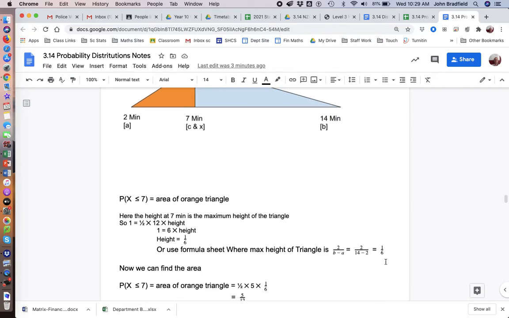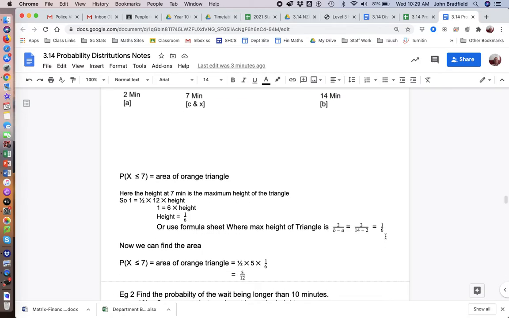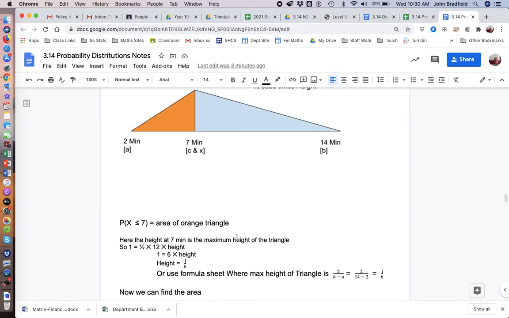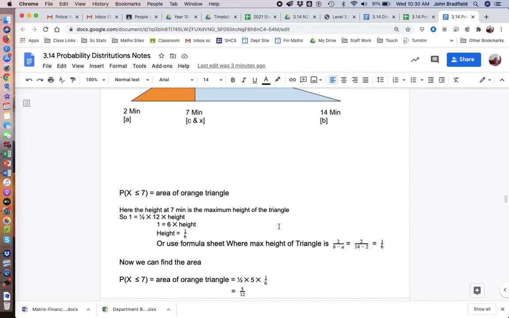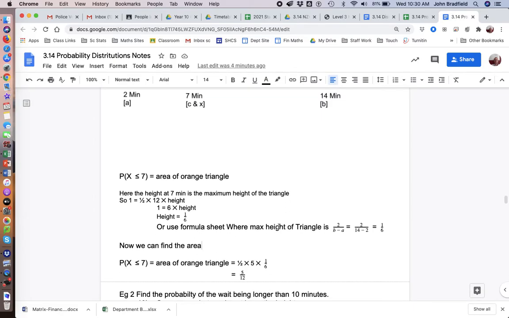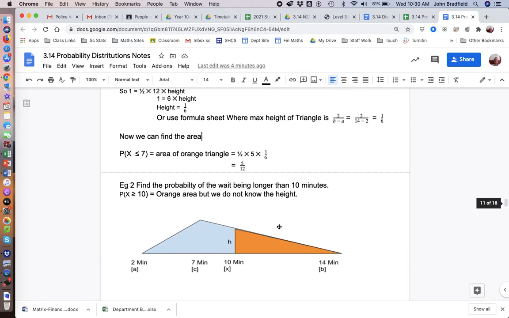Now we find the area, and it's always tempting because these heights look like probabilities. It's tempting to stop there, but always the answer is the area of a triangle. So the probability x is less than or equal to 7 is equal to the area of the orange triangle, and is equal to half times 5, which is the base length, times the height of 1/6, and that's 5/12. The second sort of question,